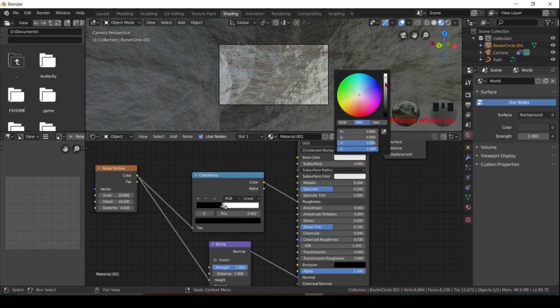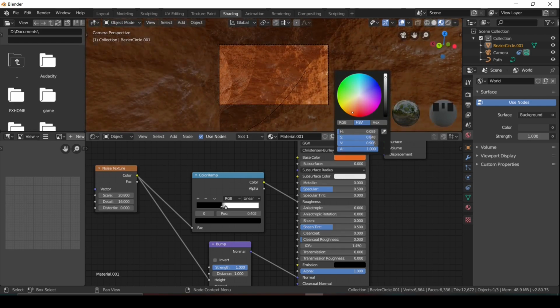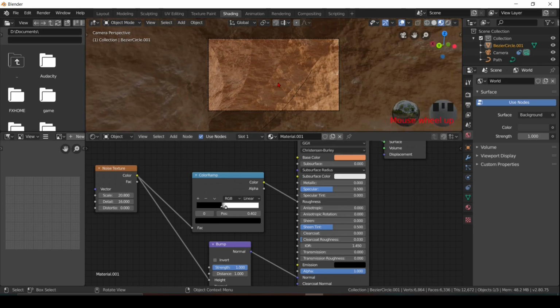In the base color of Principled Shader, add whatever color you want to add. And make some adjustment to the color wrap.